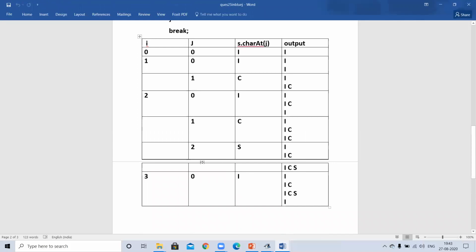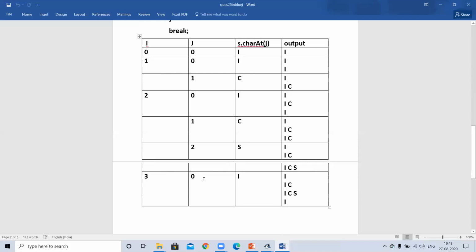Here the page is divided, this is a Word document. Then next time I will increase, means the fourth iteration of the outer loop. If you see this code, I starts from 0 to less than 4, so it will execute 4 times. Then I, IC, ICS.